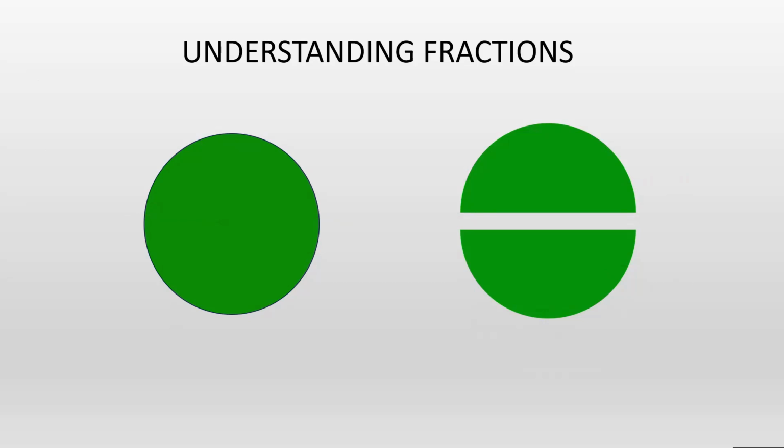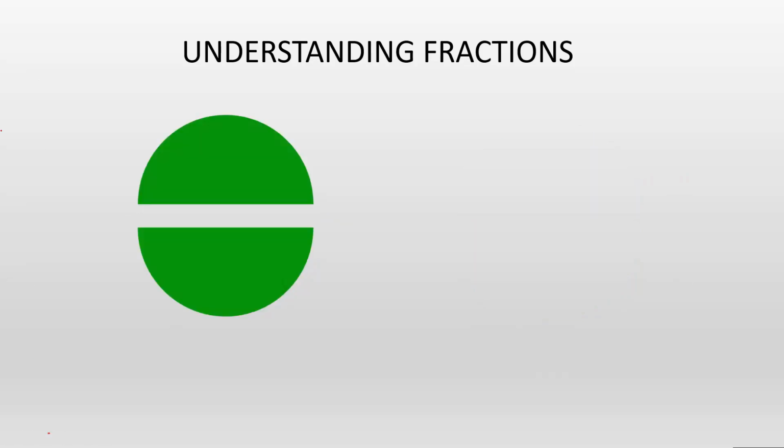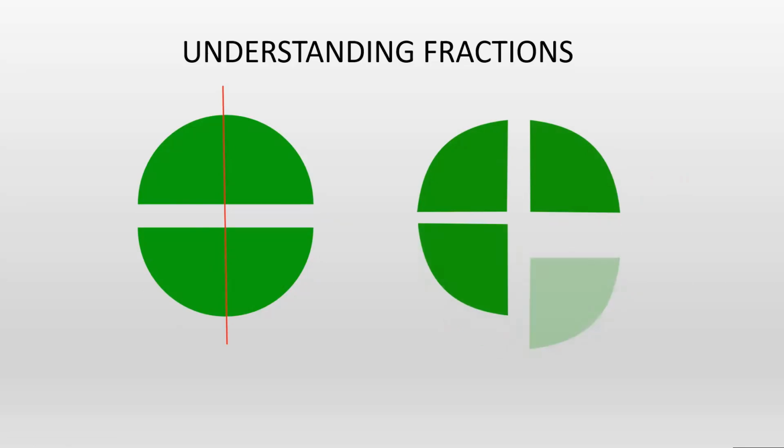Now, again, let's take those two equal half parts and divide them from the middle. Now here, what happens? We get four equal parts like these. How do we write them? How do we represent them? They are four equal parts. So this is 1 by 4. This is also 1 by 4, 1 by 4 and 1 by 4.